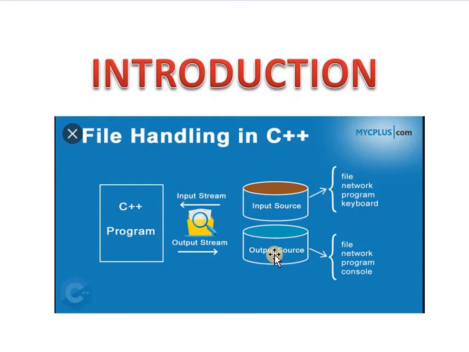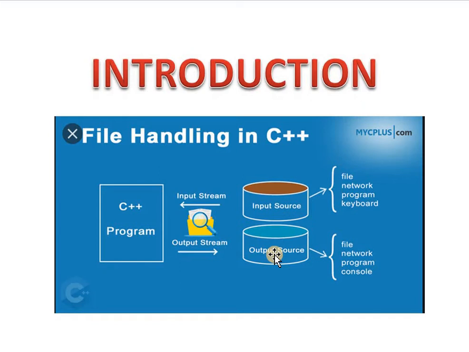We know that files are used to store data in a storage device permanently. Mainly, what is the use of a file? Files are mainly used to store data permanently. For example, if we create a Word file, then that Word file is stored on our computer's hard disk permanently. That ABC is one type of Word file. That is a file, and that file contains some data or information.